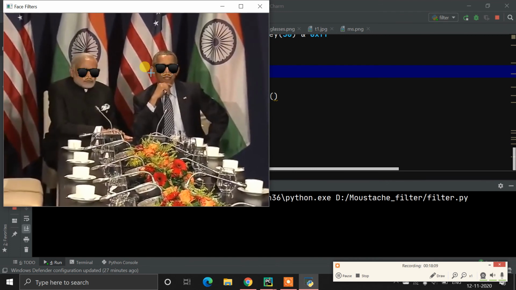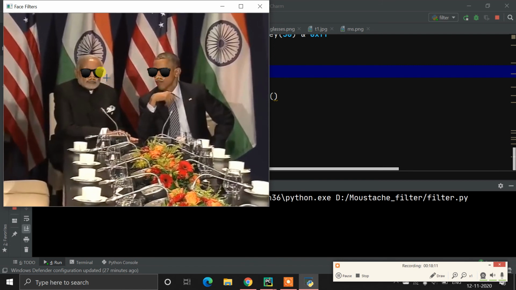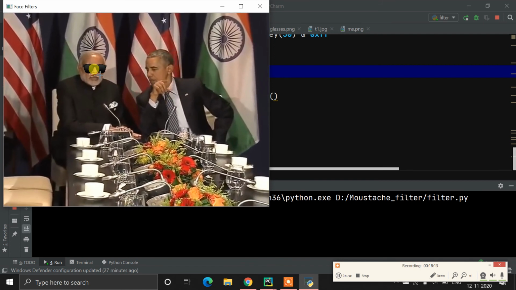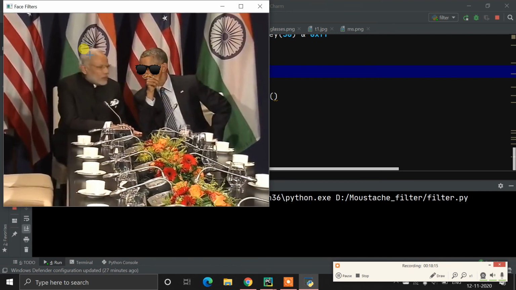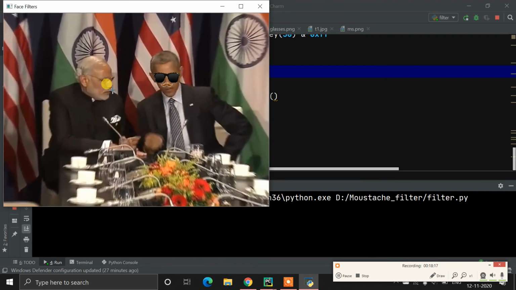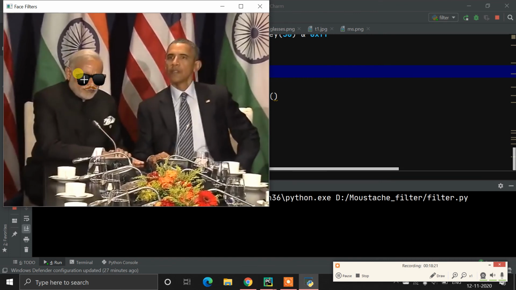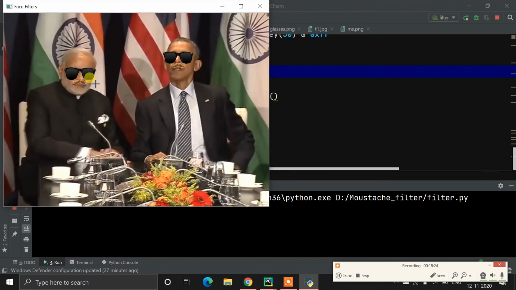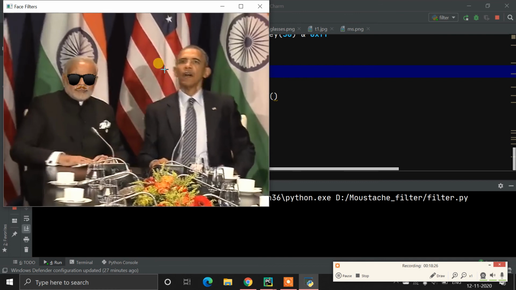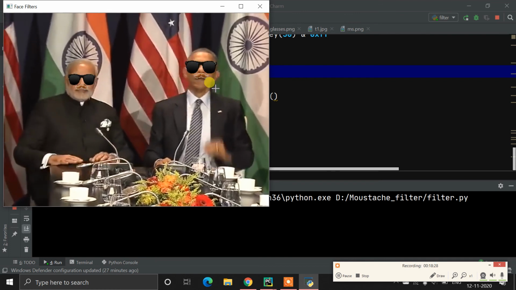So now you can see this glass and this mustache are looking very small. That's what I'm telling you, because this face detector rectangle is very small, so it will adjust automatically with the face size and width. And you can see this looks very cool.